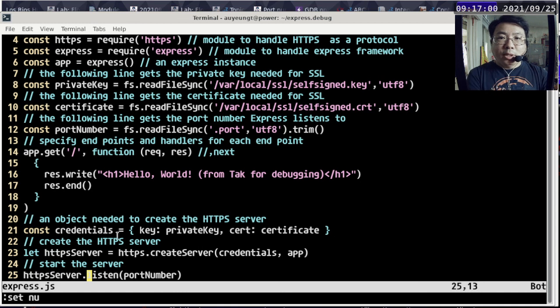Line 21 is creating an object. We talked about objects in Node.js already. It starts with a brace, ends with a brace, and the content in between has the name of the member and then the value of the member. In this case, we have a second member called cert and the value being certificate. And that is needed. You can see how credentials is used to create the HTTPS server, because that is needed for the SSL